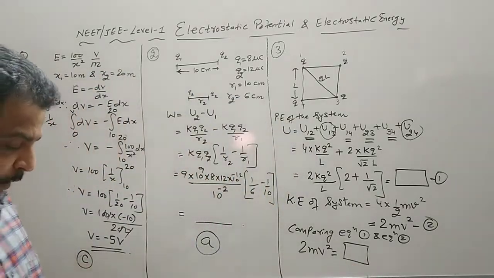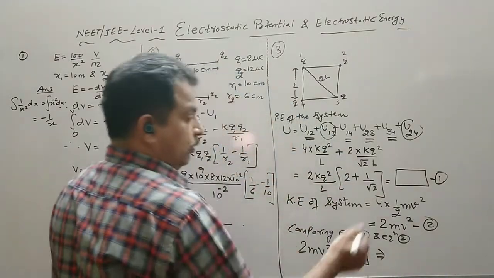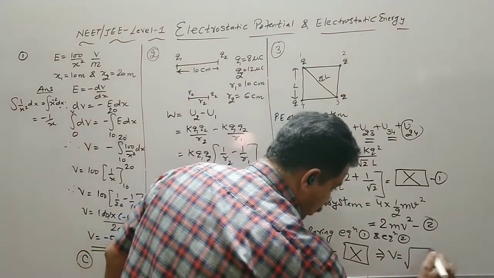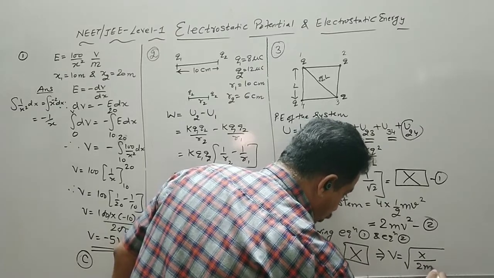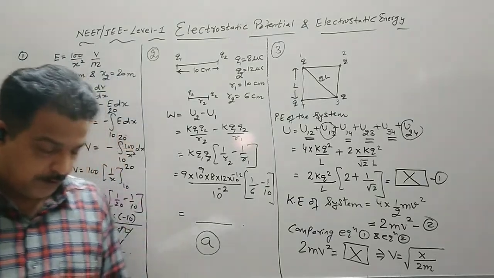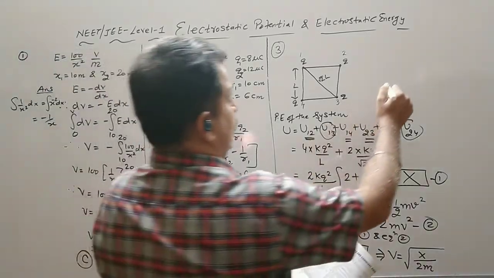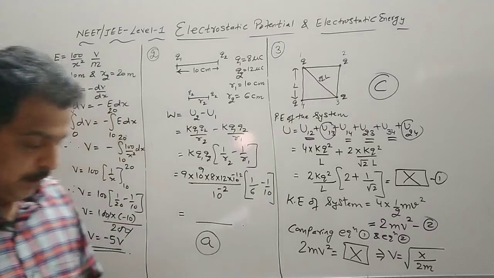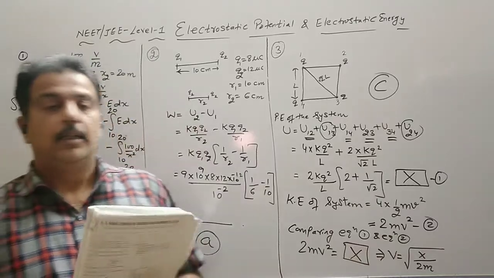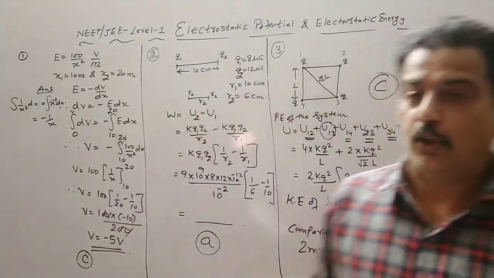We have to find out the final velocity. So from this formula we can find it out. Suppose this value comes out to be x. So v becomes under root x upon twice m. So you substitute this value and check the answer. As per the key, the option should be C. So you rearrange the terms, use this calculation, and you find the answer. You verify that the option given is C.